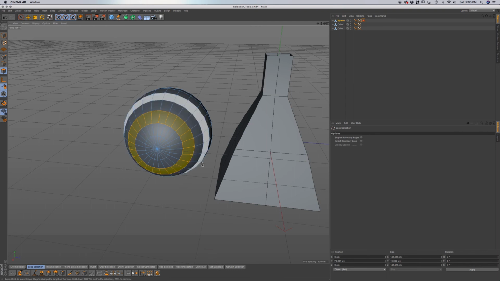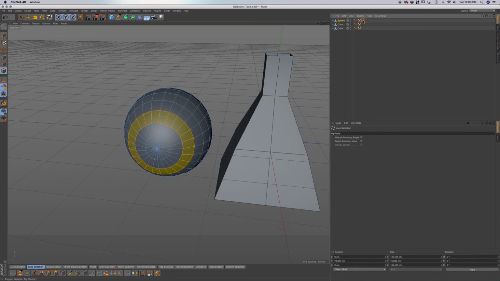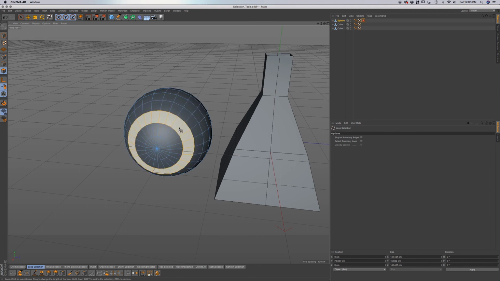But before you press set selection, you want to make sure that your tag is deselected. See, right now I still have my original set selection tag. If I press set selection, it's going to overwrite this tag. So now this tag will now be this